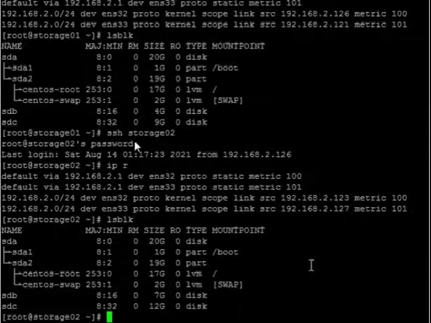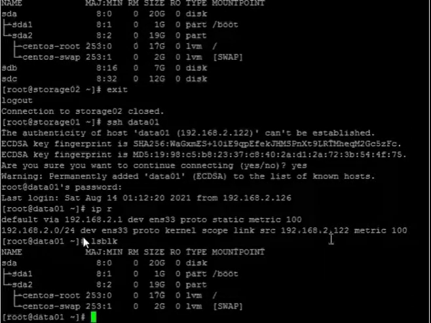This is our storage 2 server. The storage 2 server also has 2 Ethernet. The IP address is 192.168.2.123 and the other one is 2.127. Here you can see again we have 2 disks. One is the 7 GB disk, it is for the LVM partition, and the 12 GB disk, it is for the non-LVM partition. Here you can see the size is big because it is always recommended to have a bigger disk.